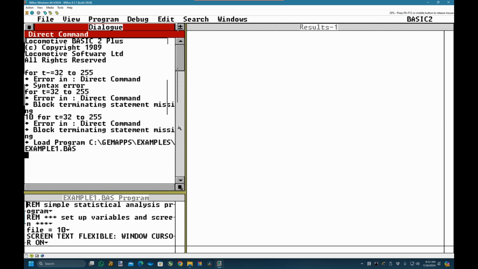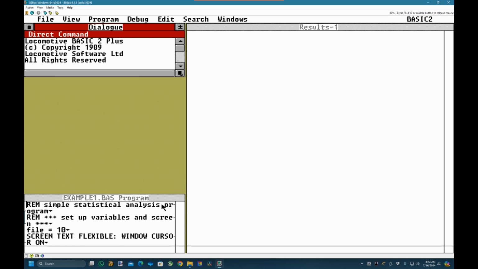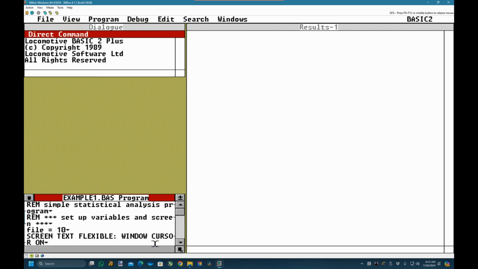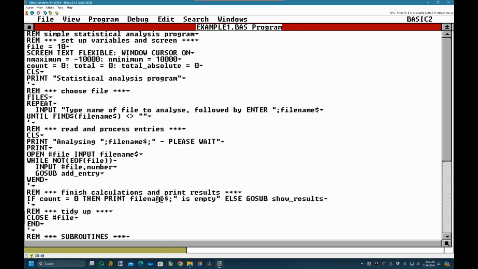So we slide that down. Can we move that up? See that one? You know what? There you go. Right, import. Alright, so it does not use the line numbers. Alright, okay, so run file name analyze. End of file. File 1. Go sub add entry. So it does use